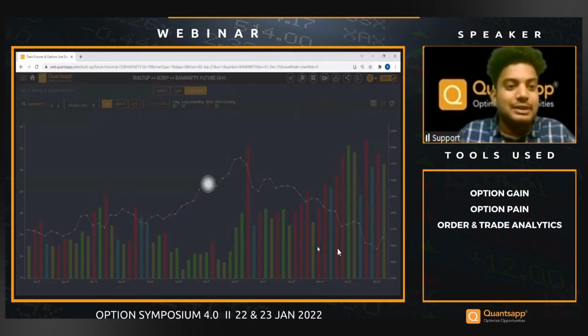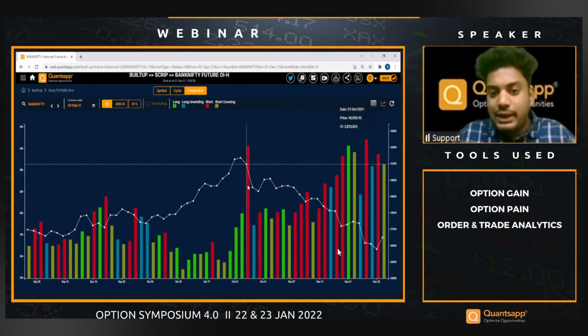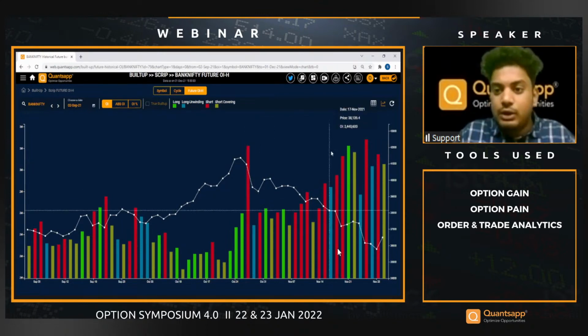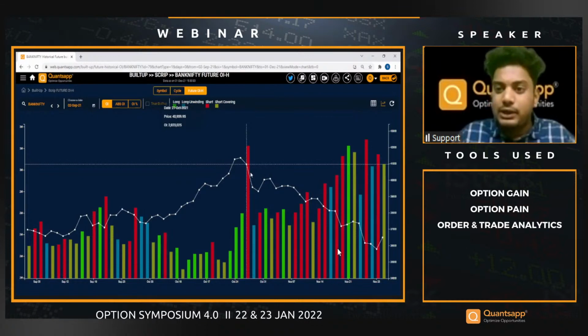To start off, let's try to understand what build-up was being made in Bank Nifty specifically. Talking about Bank Nifty, from this particular level, since the 27th of October, whatever up moves were in Bank Nifty were only due to a short covering scenario, the existing shorts getting covered. Not a lot of fresh long build-ups happened, which does not give me a lot of confidence to go directly long on Bank Nifty.